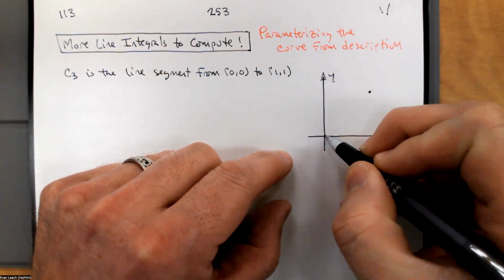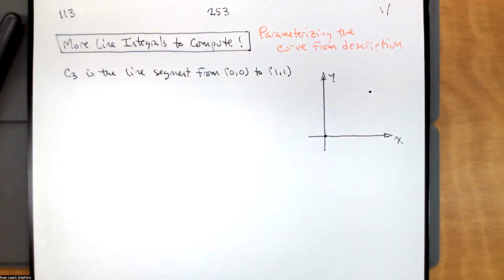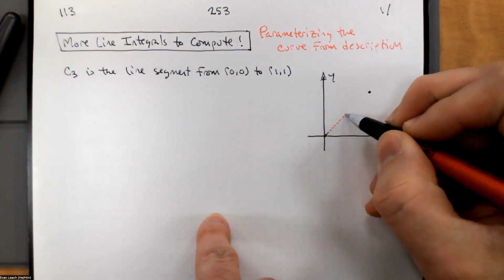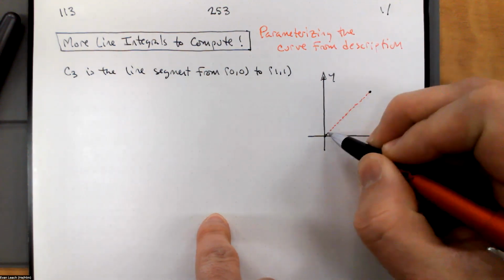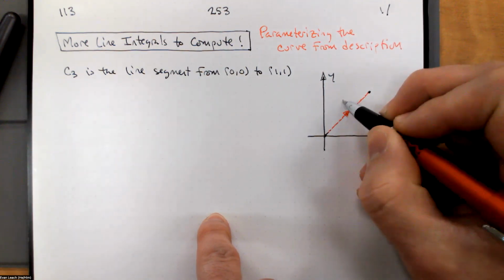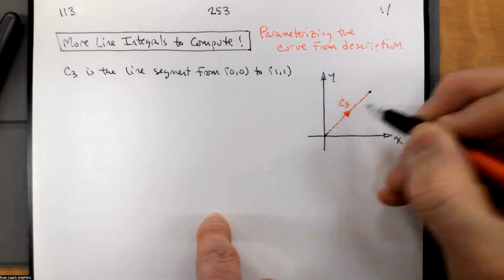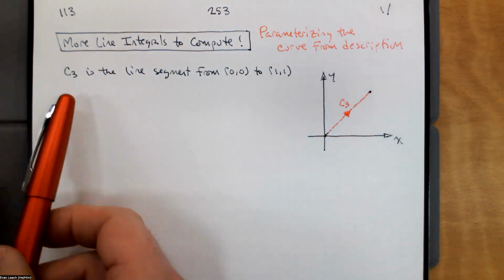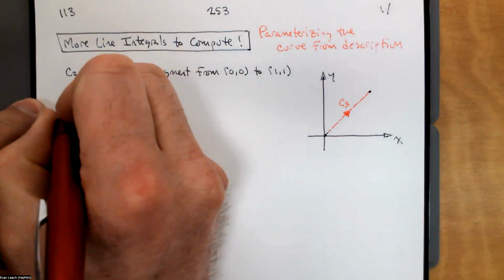The reason that I included this one along with the circle one is that this is a portion of a curve that we can represent with a function. We can write it with y as a function of x, which means it's going to be very easy to parameterize. Since y is going to be a function of x, we can essentially use x as the parameter. So since C3 can be represented with a function,